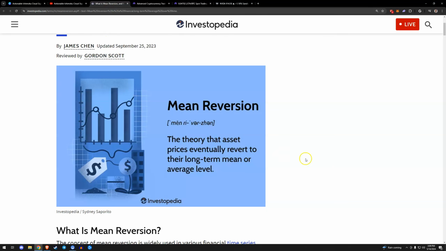And if you're unfamiliar with mean reversion, it's just this idea that eventually we come back to an average level, either a historic level or a level that's been established over a longer time period. So the mean can catch up with price, or price can catch up with the mean, a little bit of both, as we had